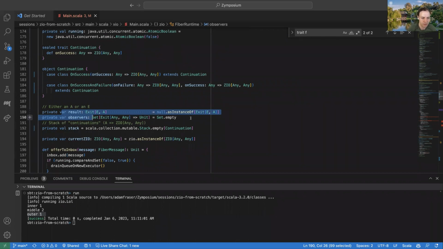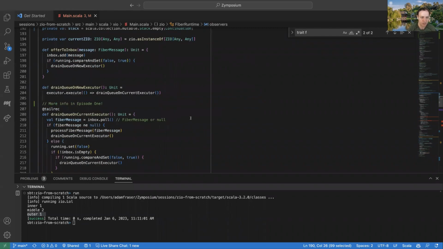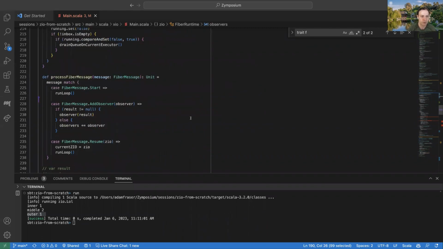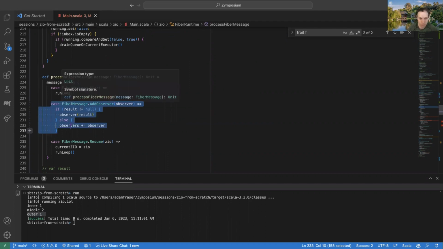And that's because we have this guarantee that anytime anything is happening on this fiber, it's happening one at a time in a linear order. So if the fiber is processing this add observer, it's not messing with the exit value because it's only in one place at any given time. And if it's changing the exit value, then it's not processing this observer right now. So it makes it a lot more straightforward for us to implement code within the fiber, which is good because there's enough complexity to some of the logic of the things we need to do that we don't need to add any more complexity.